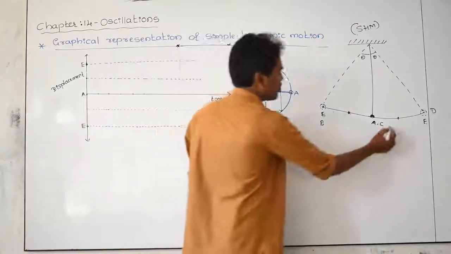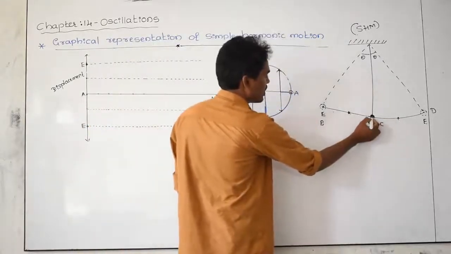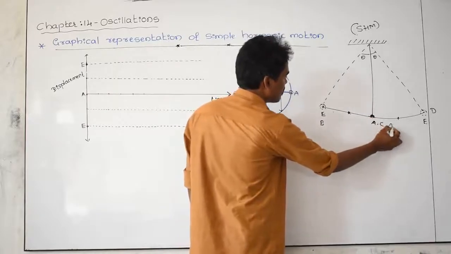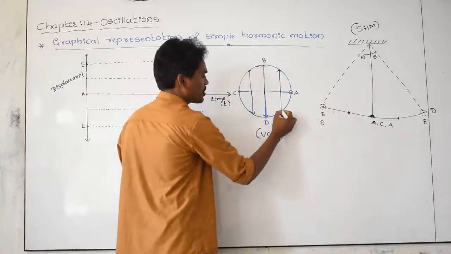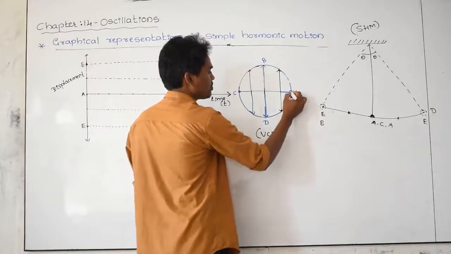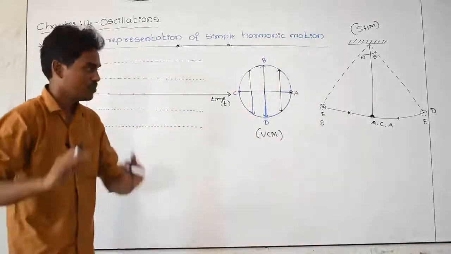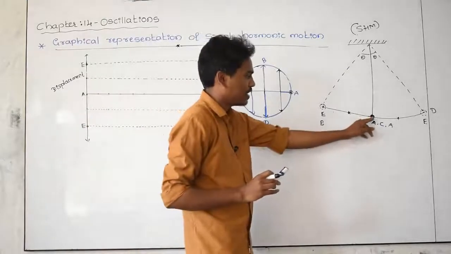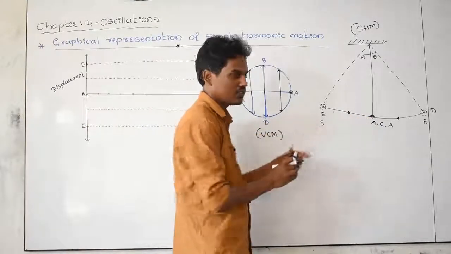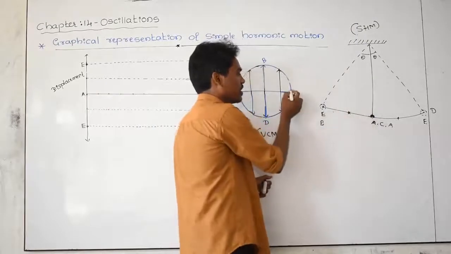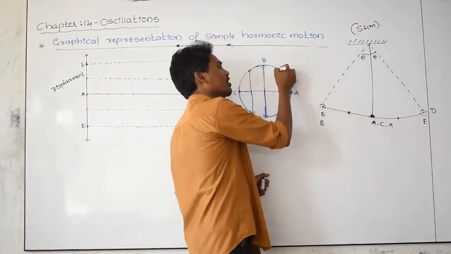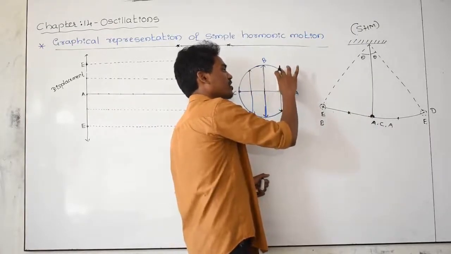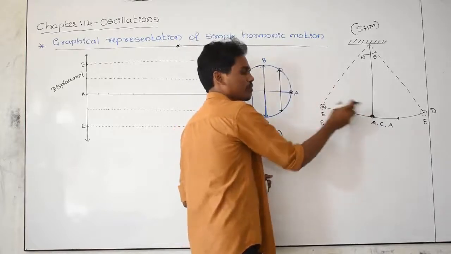Again the body is moving from this middle point to this point, again A point, meaning the body is moving from this point to this point. Are you understanding? You can observe once again. A point to this point, this is the displacement. A point to this point the body is moving, then this is the displacement. This displacement is equal to this one.